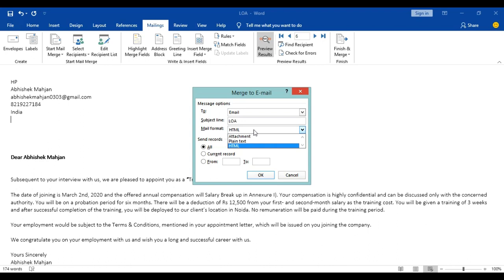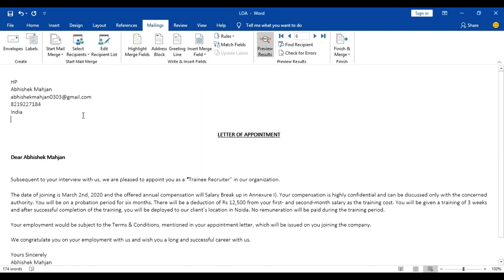You can select attachment or plain text, but I'm selecting HTML. You can select as per your convenience. There is no doubt about this. Now you have to click on OK. When you click on OK, you will see a few changes here. Now you can see my mail is done.